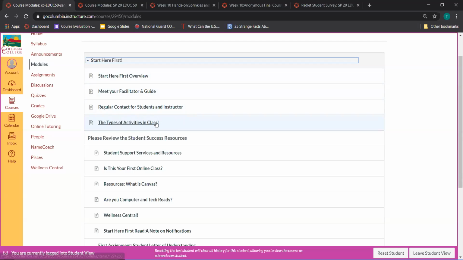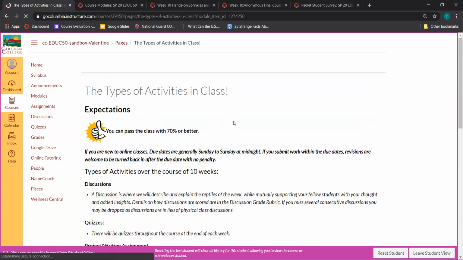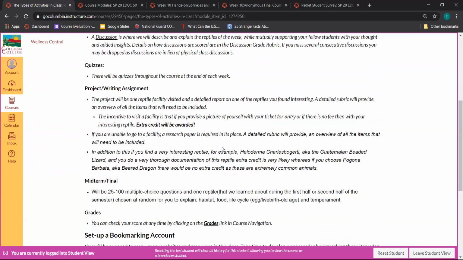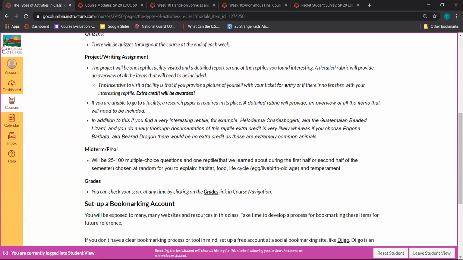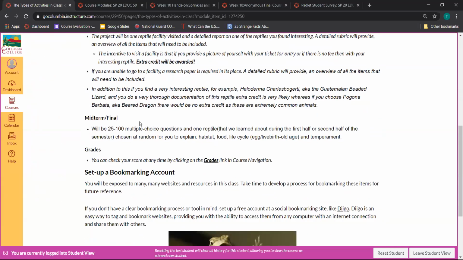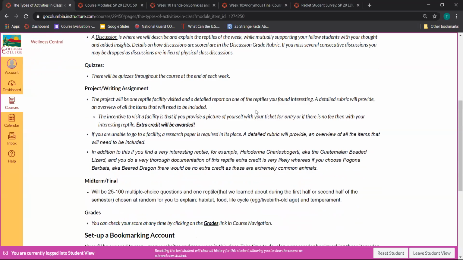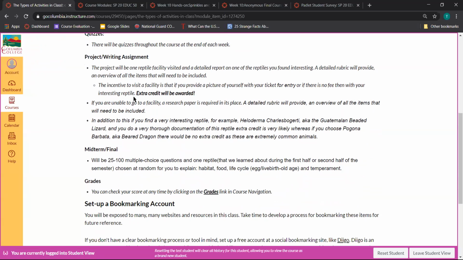During this course, you're going to have each week a discussion. You'll also have a quiz. And then every few weeks, you'll end up with a writing assignment. There is a writing assignment for the first week of class. And then at the middle of the semester, you'll have your midterm, and at the end of the semester, you'll have your final. All of these are done to find your level of understanding of the course material and of what you have learned up to that point. There are also ways to earn extra credit